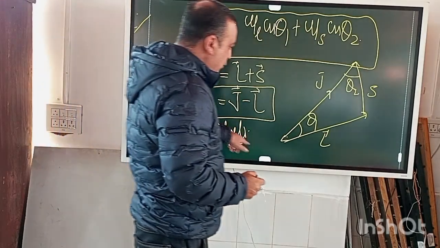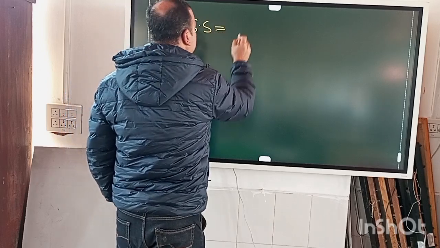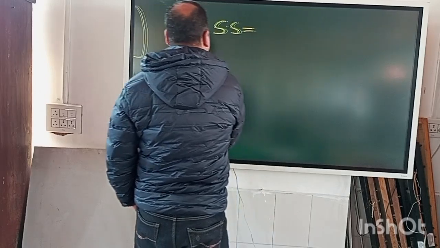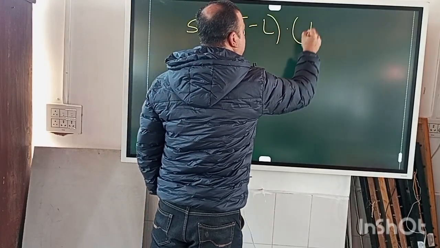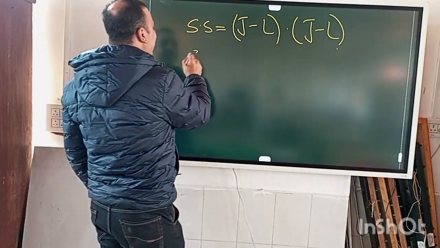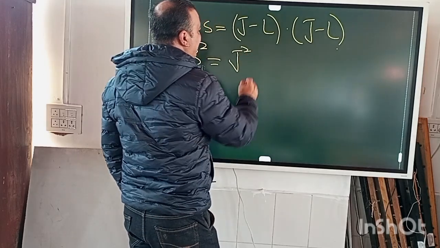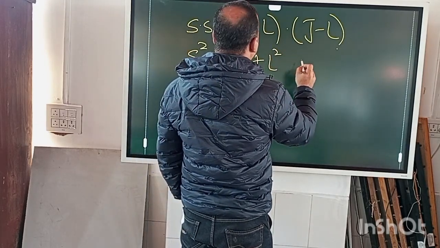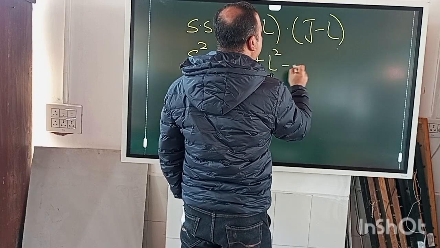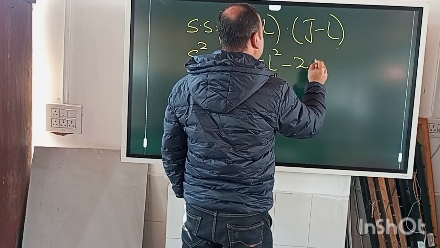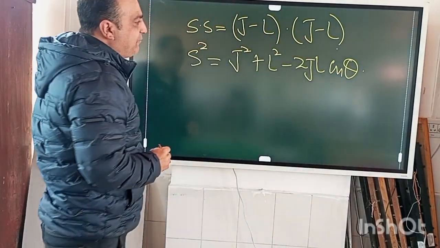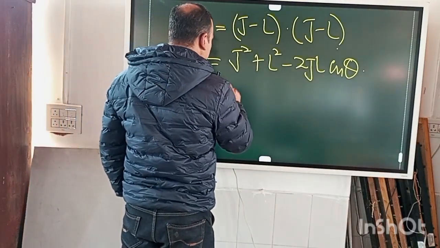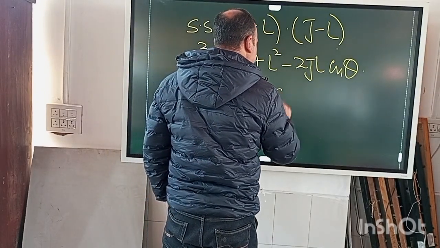So what I will have here is S dot S equals J minus L dot J minus L. Okay, so we'll get here S square equal to J square plus L square minus 2JL cos theta. So we can see from here that 2JL cosine theta will be equal to